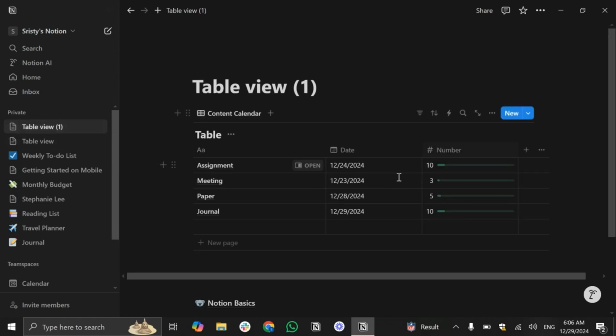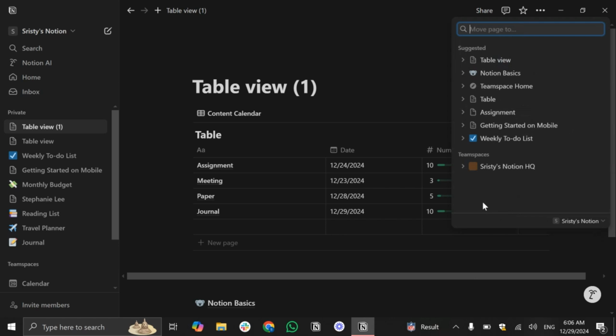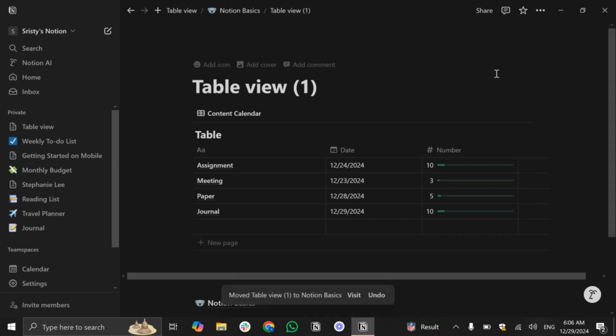Or if you want to move this page into another page, simply tap on this three dot option again and select the option Move to, and here you will see all of your Notion pages. Select the page where you want to add this database,